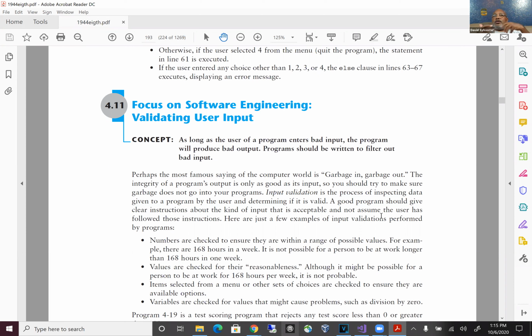To you, you know what's going to be done with that data. But then you put somebody in front of the computer, you could just go get anybody, your nephew, niece, your parents, and say, okay, run through this program for me. And it says, please enter a number. All right. And they put in